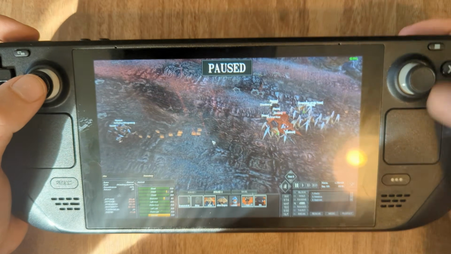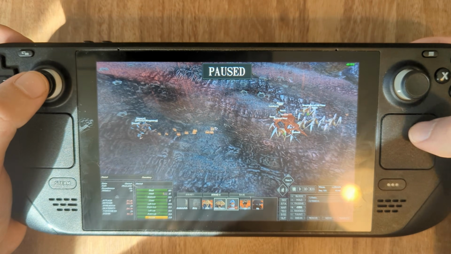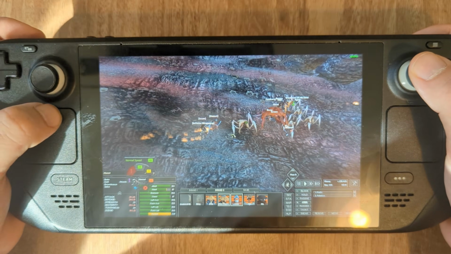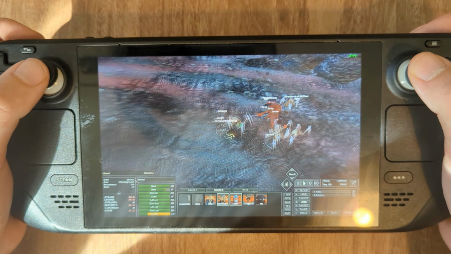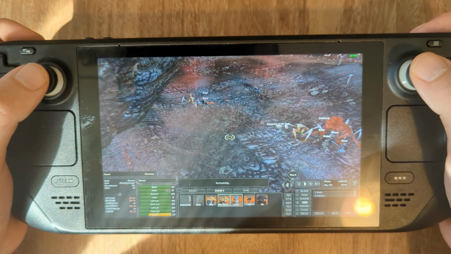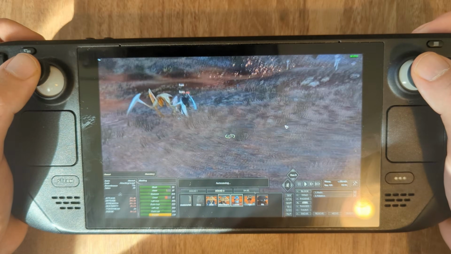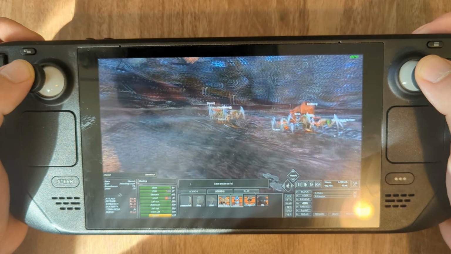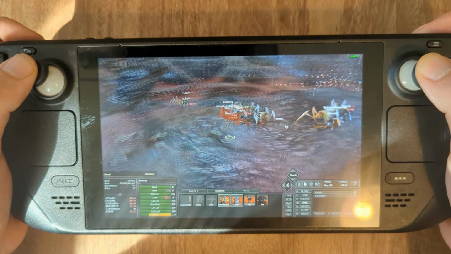Now, if you're still interested in the details of how it all works, allow me to walk you through the control layout I've been using for the past couple days. This is a mostly custom layout that I based on the one provided by the community, but I've tailored it more towards my preferences. Starting on the right side of the deck, I have A bound to open the map,